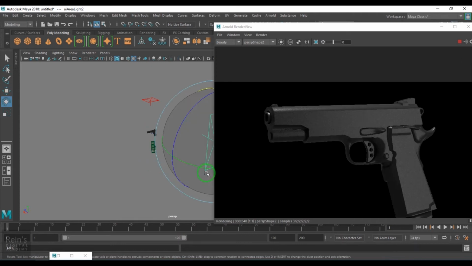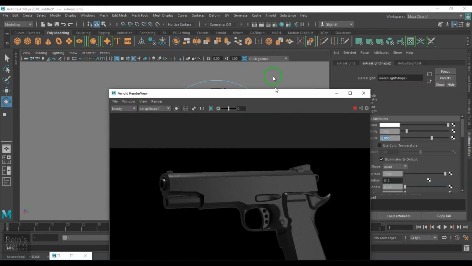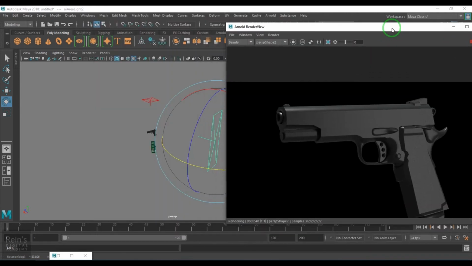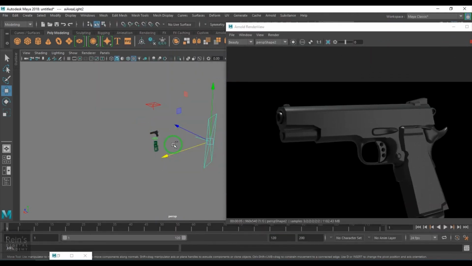Okay, the lights can actually do wonders, so I'll just select the light and then rotate it.